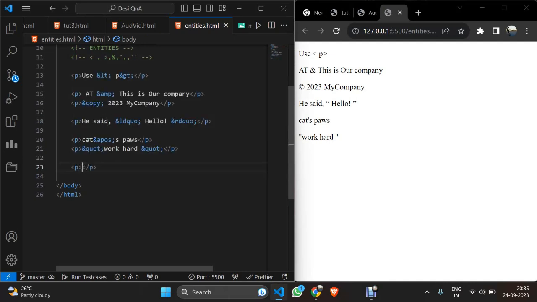Let's say you have a p tag and then you want a character reference. So if you want to represent some characters by their Unicode points, let's say ampersand, you want hash 169, ampersand 169,